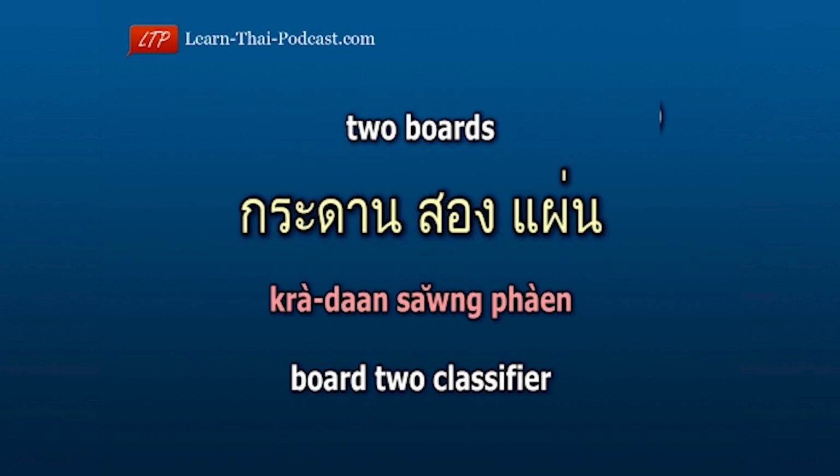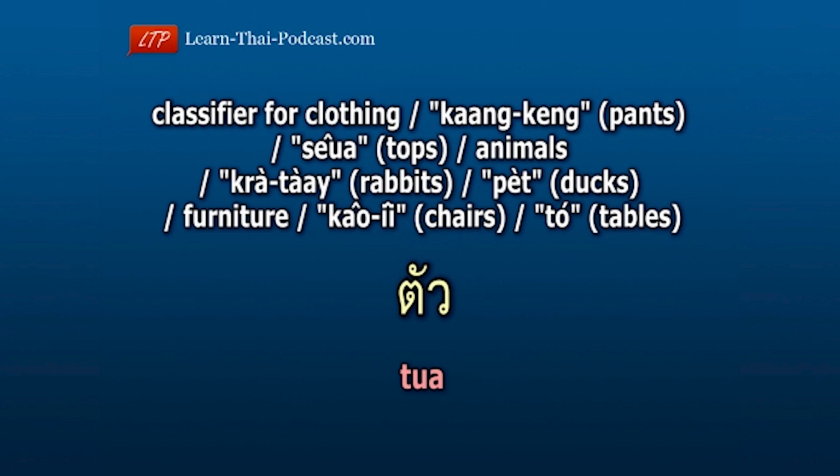So for example, 2 boards would be กระดานสองแผ่น